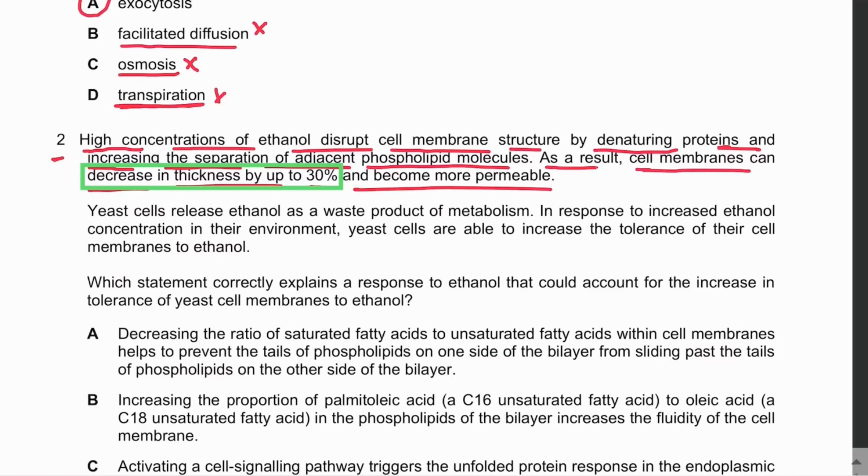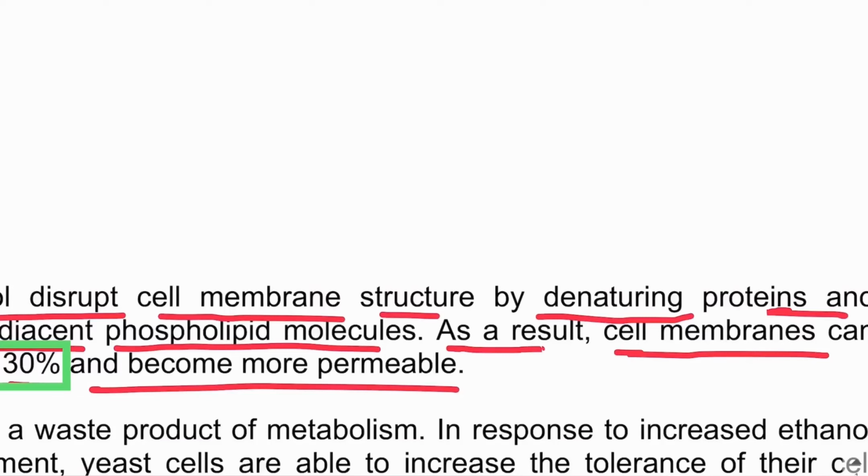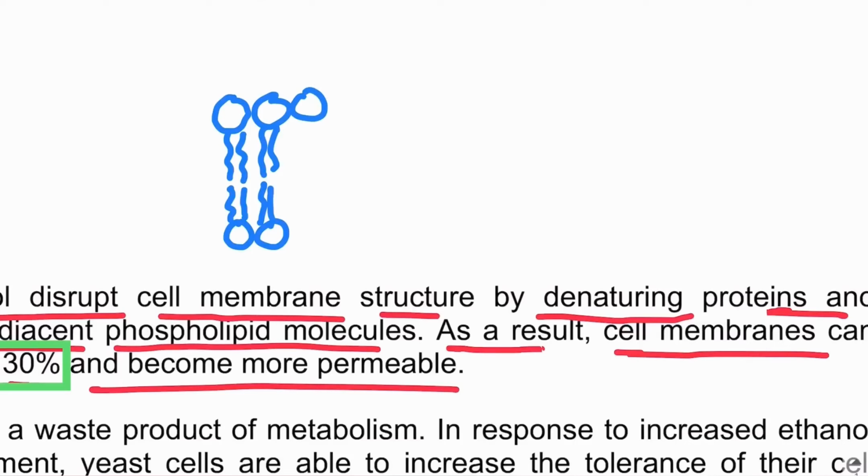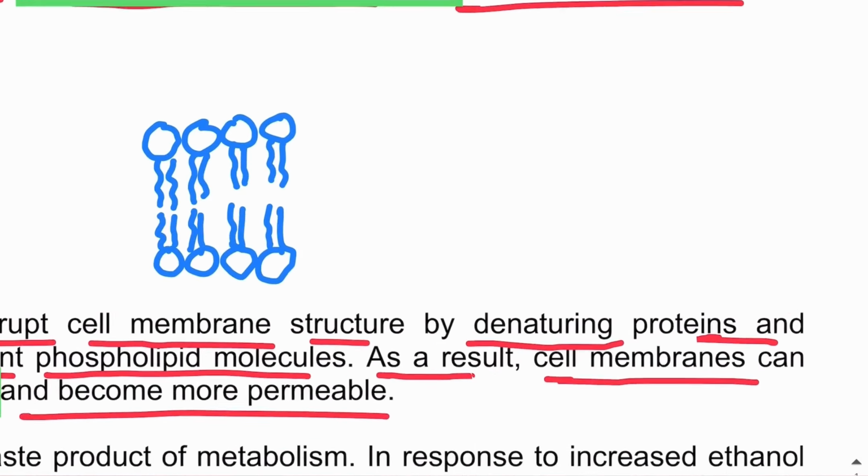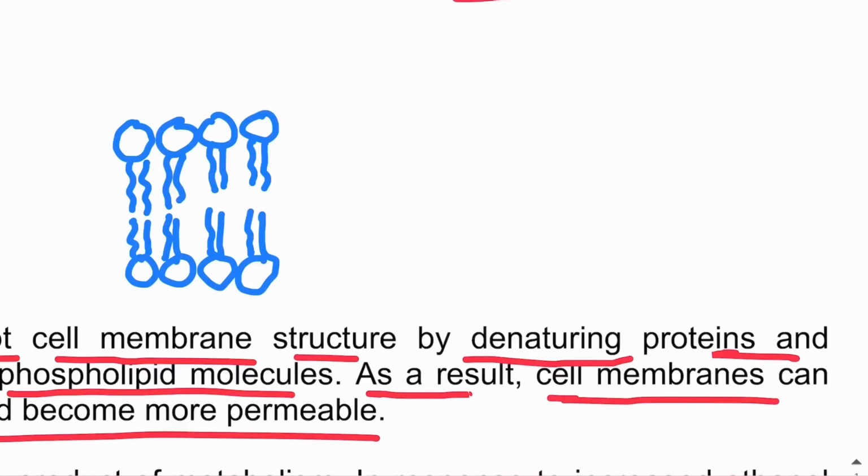So guys, this could be the picture. Normally we have a phospholipid bilayer, right? This is the phospholipid bilayer, and the phospholipid molecules are not separated, they are close to each other. So what could happen in the presence of ethanol is that the phospholipids separate, and when they separate, what happens